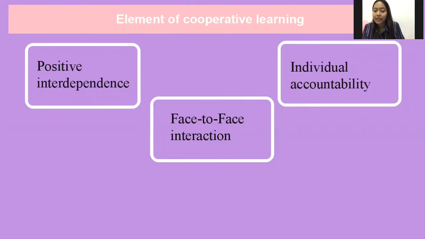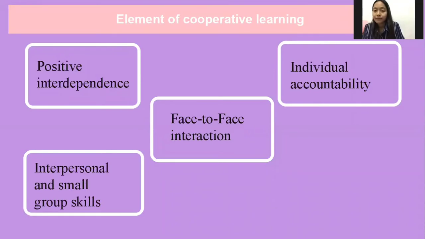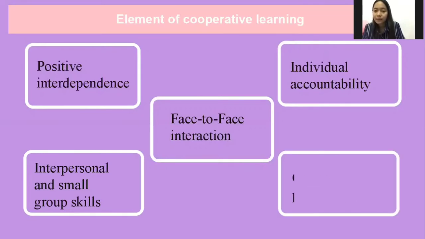And the fourth is interpersonal and small group skills. It is about providing feedback and involvement of all members of the group to make the group run effectively. And the last one is group processing. Give the members a chance to see how smoothly their group's work goes. Next,